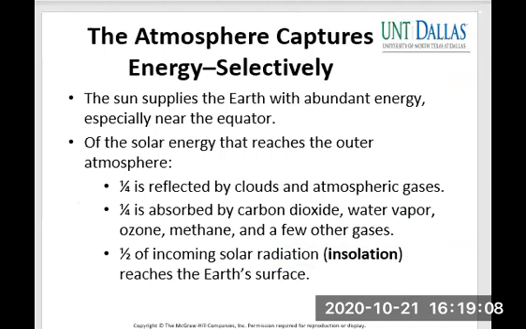The energy absorbed by gases warms the atmosphere slightly, so most of the energy is re-emitted in the form of infrared heat energy. Some incoming solar energy is reflected by bright surfaces like snow, ice, or sand. The rest of that is absorbed by the Earth's surface and by water. Surfaces that reflect the energy have a high albedo. When we say albedo, it means reflectivity.